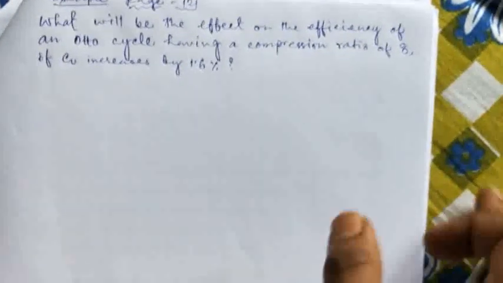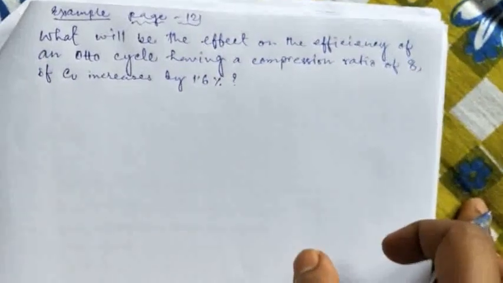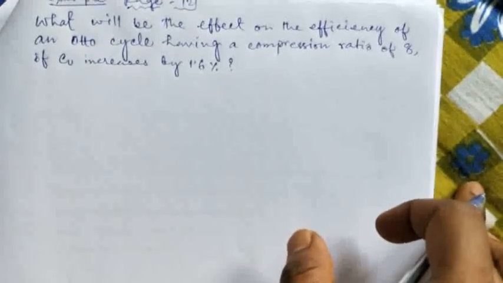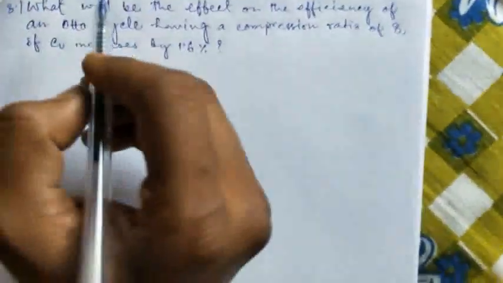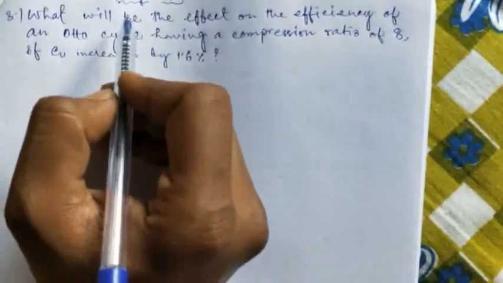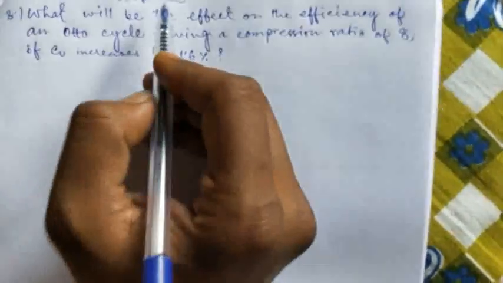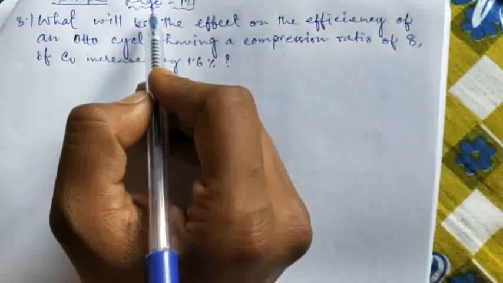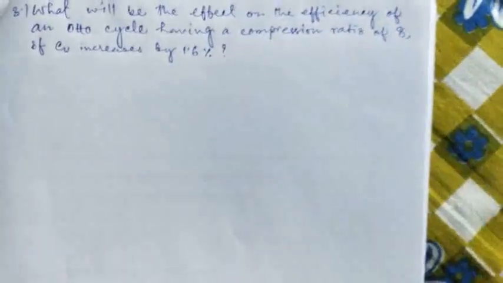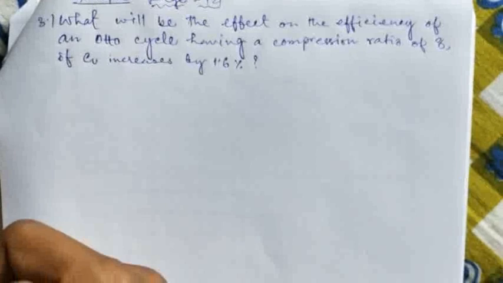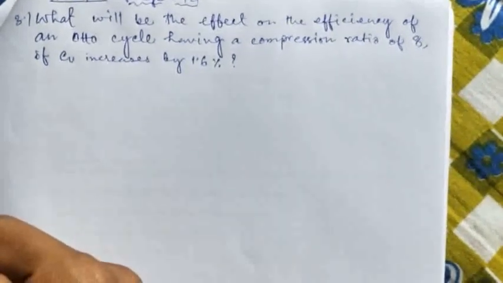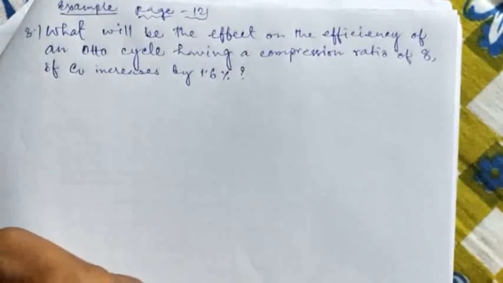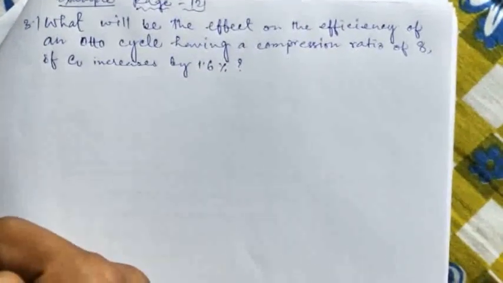Now let us solve a numerical from the Otto cycle. This is example 3.1, which is given in V. Ganeshan's book, IC Engine, at page number 121. The question is, what will be the effect on the efficiency of an Otto cycle having a compression ratio of